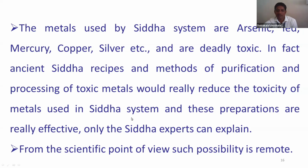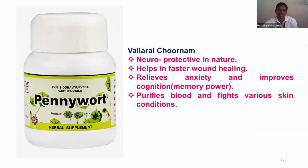And from the scientific point of view, such a possibility is currently remote. The scientific evidence is very limited. And coming to some of the